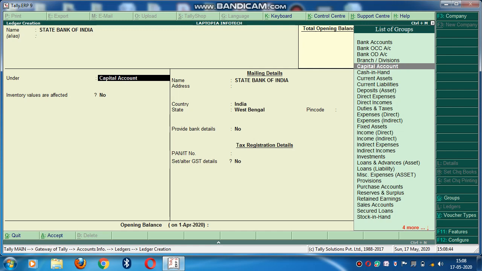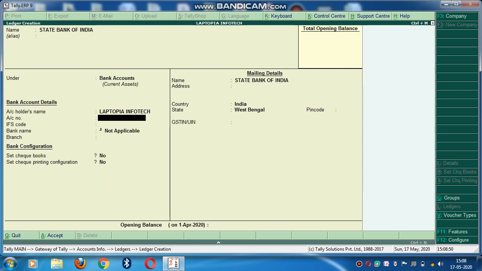So State Bank of India, what is it? It is a ledger under the head of bank account, so I'm taking it under bank accounts. It is asking for my account number, so I can give my details: bank account number, IFSC code.